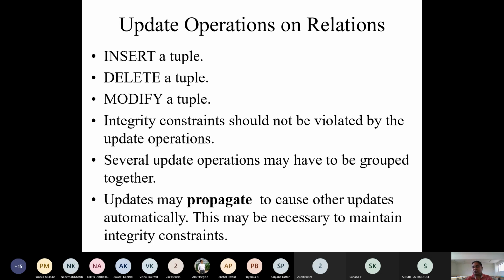In the same way, for a delete operation, what things we need to consider, and when a delete operation works successfully. Also with modification, when can we modify a tuple and what are the different procedures to modify a tuple.